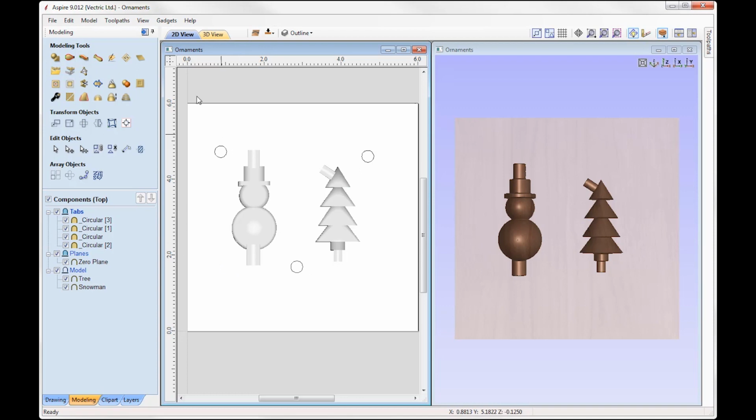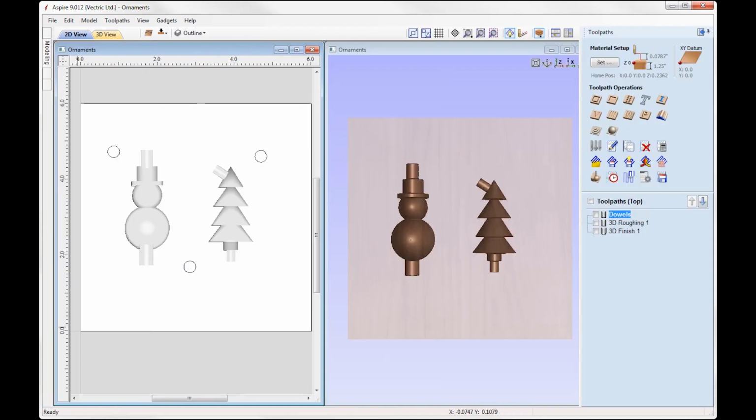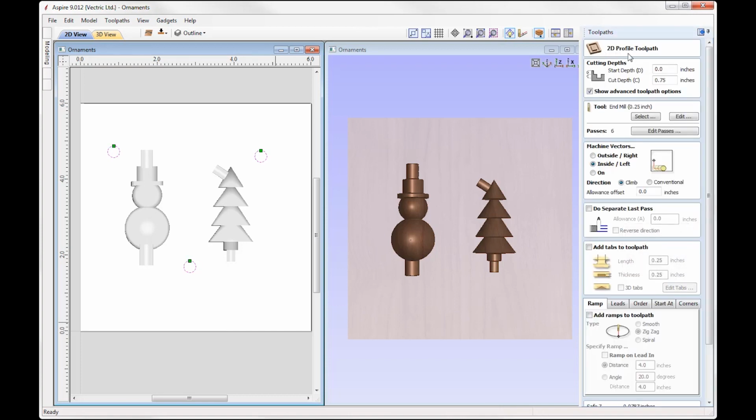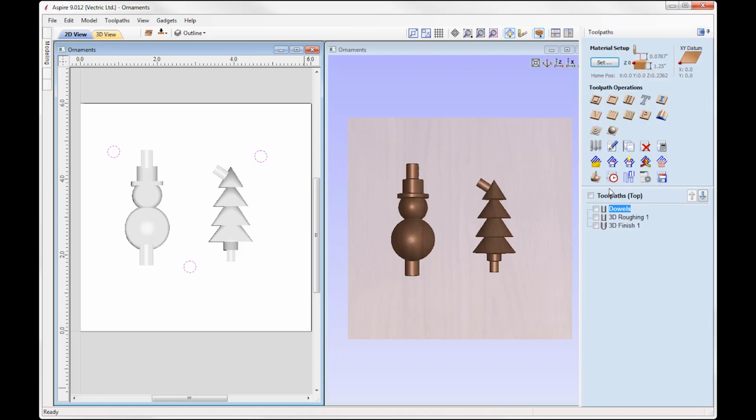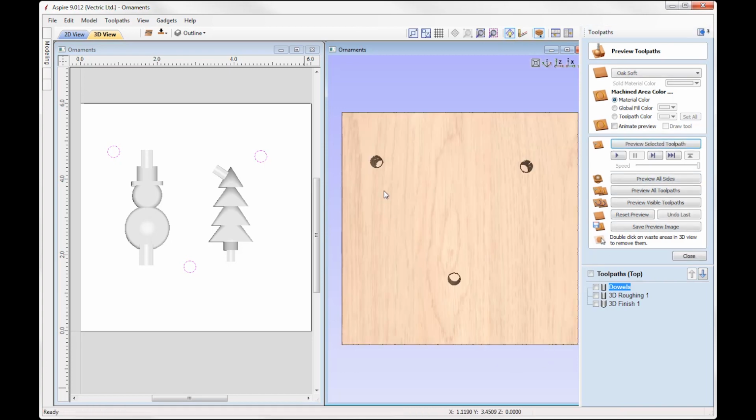Perfect. So in terms of toolpaths, let's switch over to the toolpaths tab. So we've got a toolpath here called dowels. Double click on that. It's a basic profile toolpath. We're going to cut 3/4 of an inch of the way down into our block of material using a 1/4 inch end mill on the inside of those vectors. And if we go ahead and preview that, you can see those holes there. These holes are what we'll then put our dowel pins into